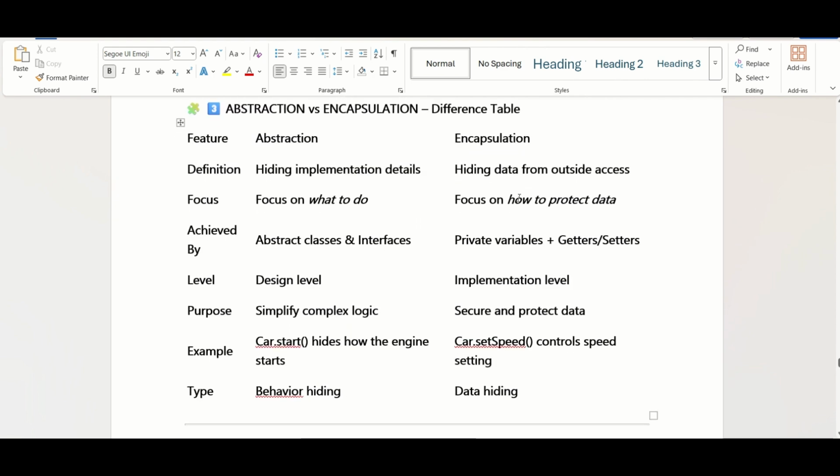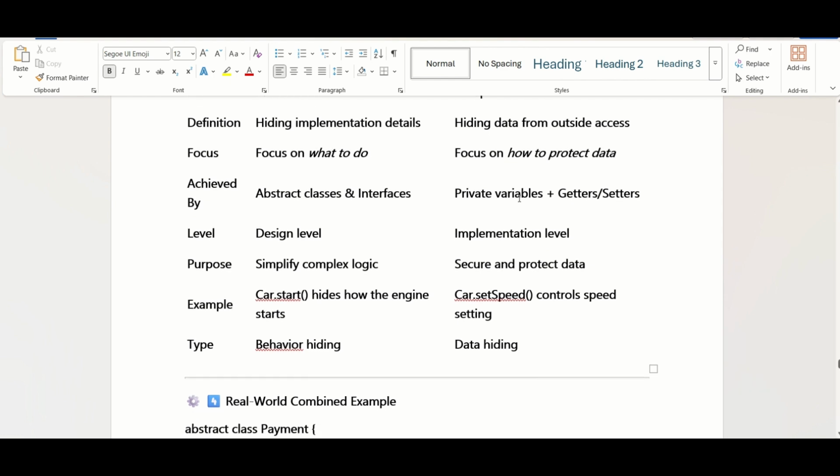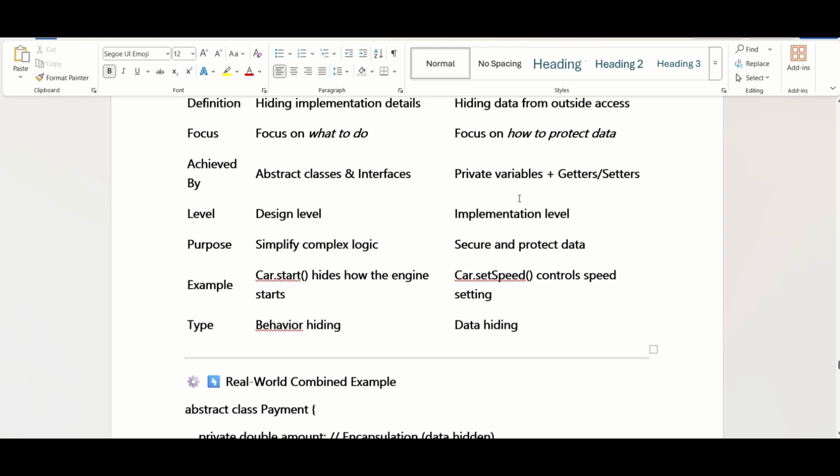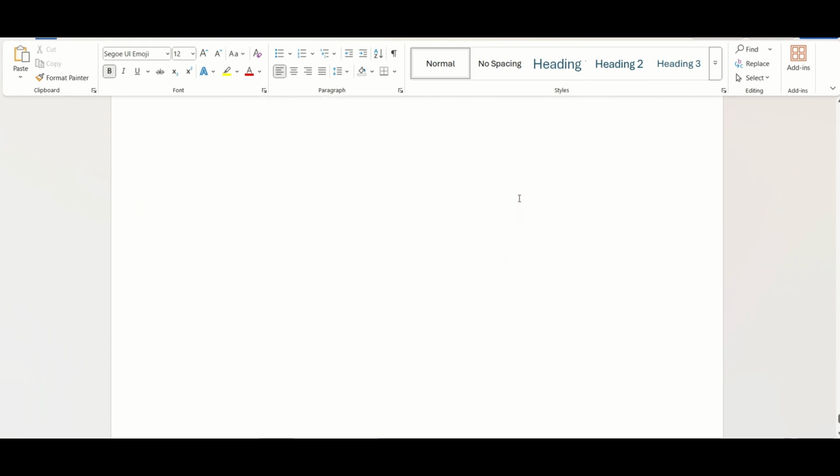Abstraction hides the implementation details, but encapsulation hides the data from outside access. Abstraction focuses on what to do, and encapsulation focuses on how to protect data. Abstraction uses abstract classes and interfaces at the design level, while encapsulation uses private variables and getter and setter methods at the implementation level. The purpose is to simplify complex logic and to secure and protect data. We already discussed this. I think this is all about